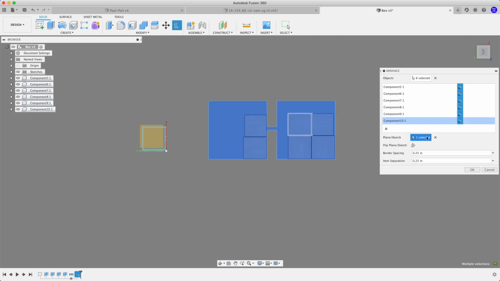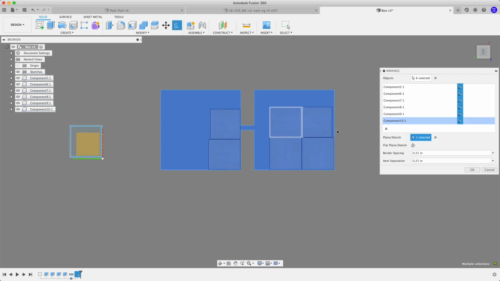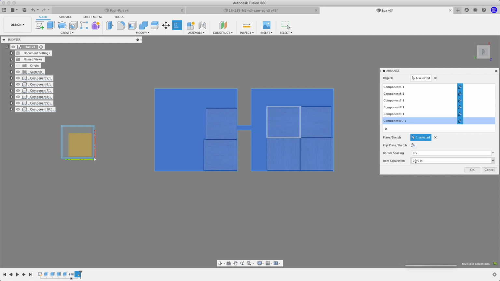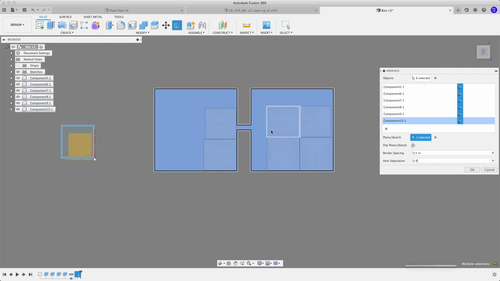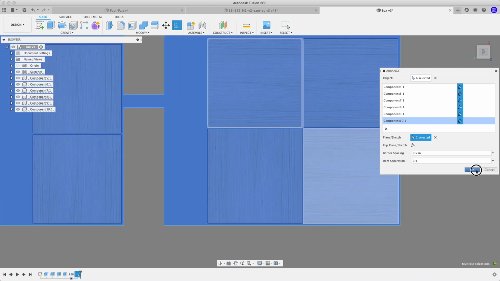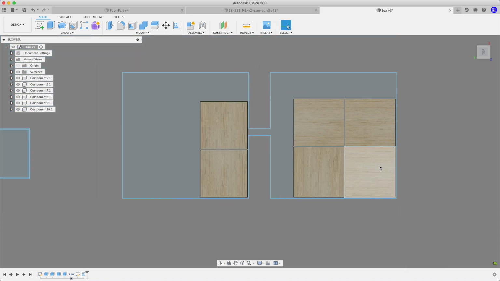There's an advanced nesting workspace coming soon, but for now, this is the best solution inside Fusion to get your parts onto a sheet, or nesting, and they've called this Arrange. So you can actually change the border spacing or the parts separation and space those parts out a little bit more. Another cool thing, so if you push OK, we will have those parts, and if you've used parameters like